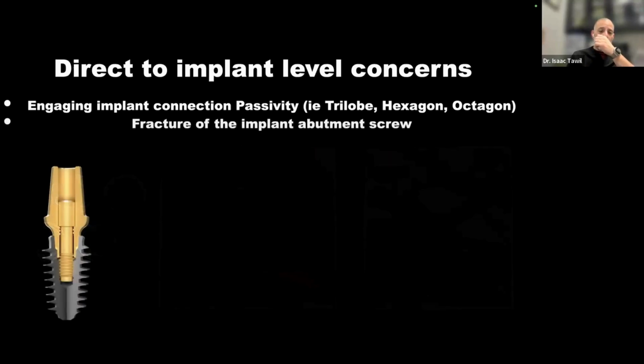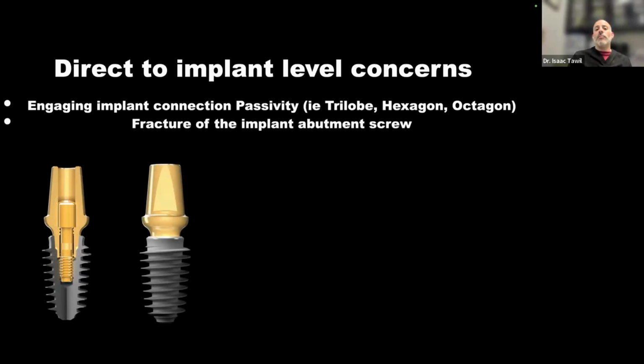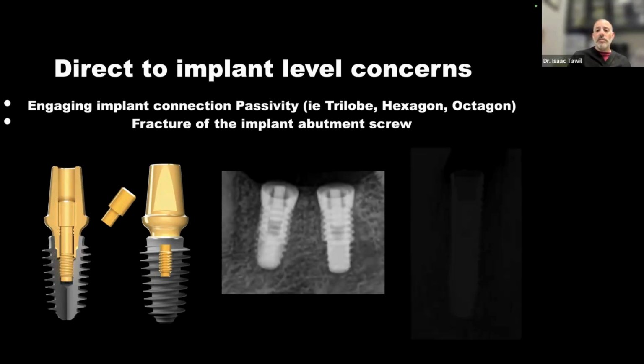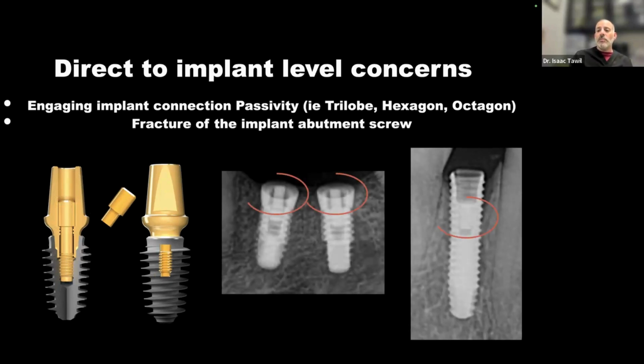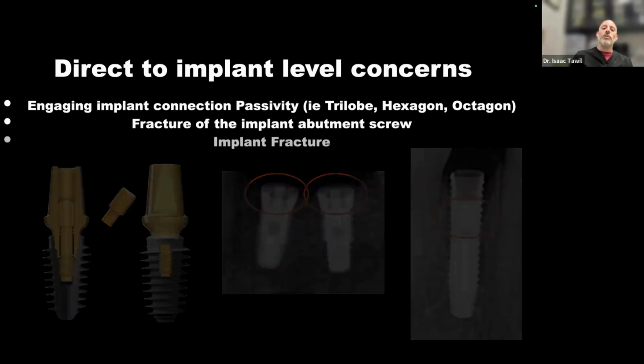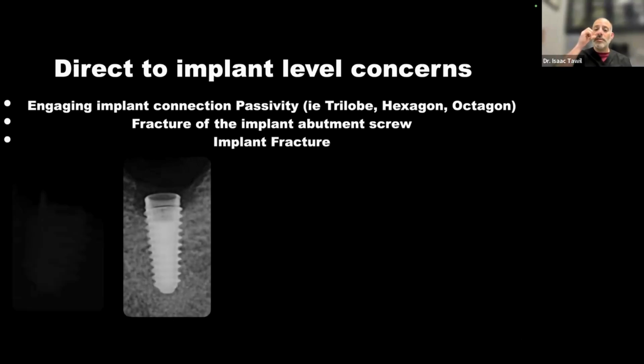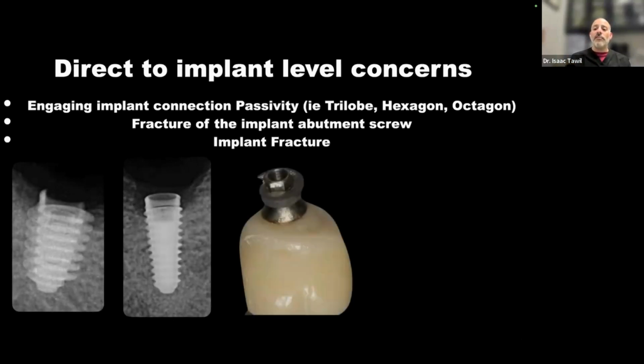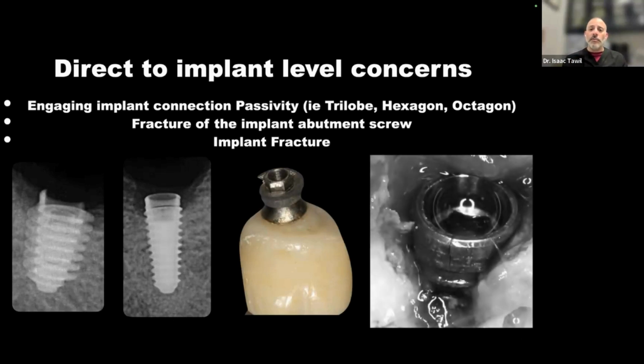The other problem that really becomes an issue to me, and one of my biggest fears, is that when we have an implant and we're going direct to the fixture, we can break the screw. And if we break the screw inside the implant, sometimes it's like this, where we can see it in the middle, we can get them out. Other times it's so deep that we cannot get them out. And now what do we do in those cases? So I'm not a big fan of that. I'm also not a fan of going direct to the fixture because I'm putting extra stress on the fixture itself, and that could lead to the implant fracturing. And these are game over situations.